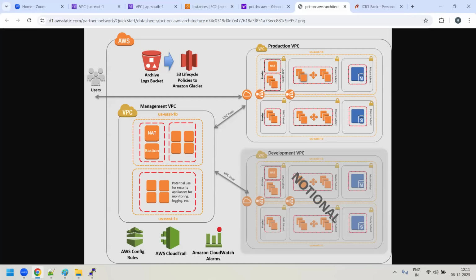I am not saying that you create three VPCs, but at least create two VPCs in one region. Practice between those two VPCs and create one more VPC in another region, and then try to do a VPC to VPC peering between two different regions. That is fine. In a span of 1 or 1.5 hours, you'll be able to complete this entire lab, right?